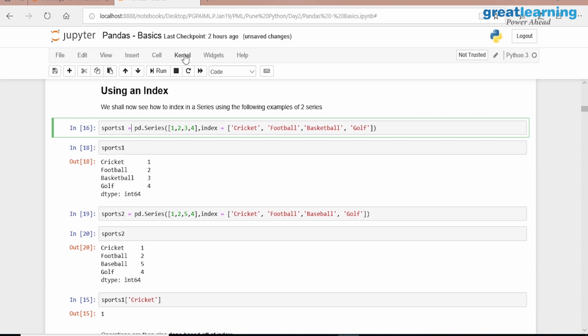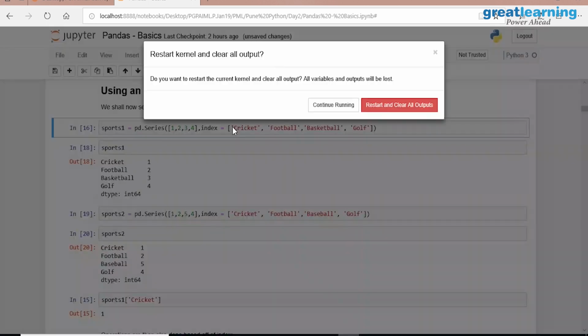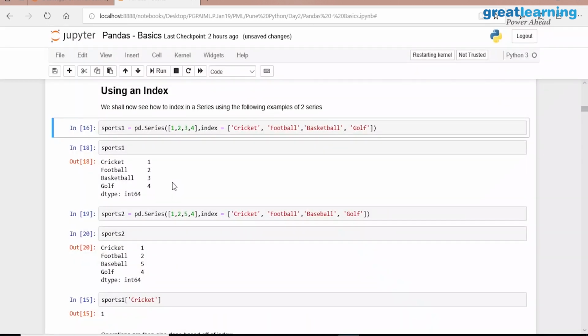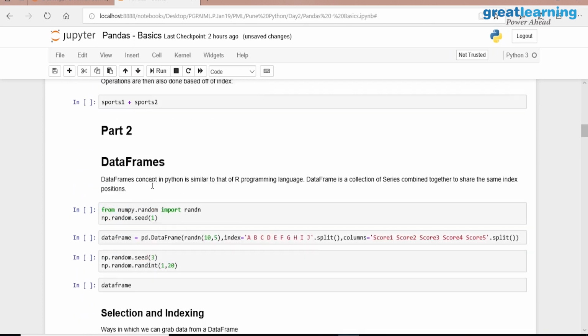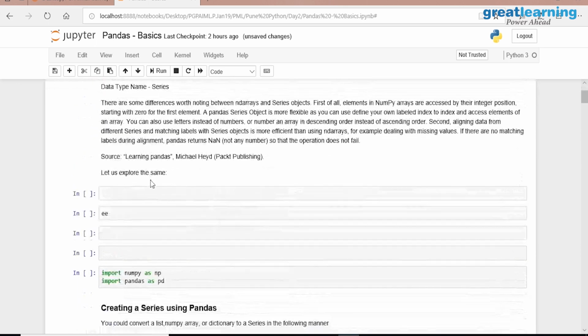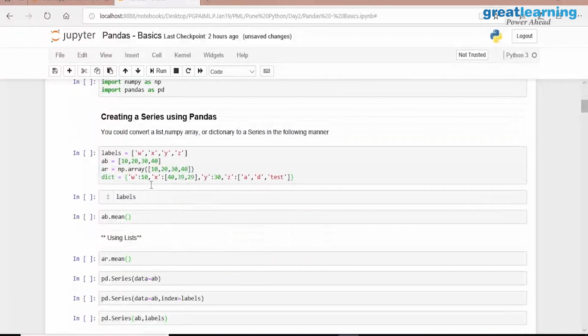So another interesting thing, just what I am doing is, my previous output is here, right? Whatever I have executed previously, it is here. So what I did is, I have cleaned that entire thing and I have cleared all my output, so that the previous output will not appear now.